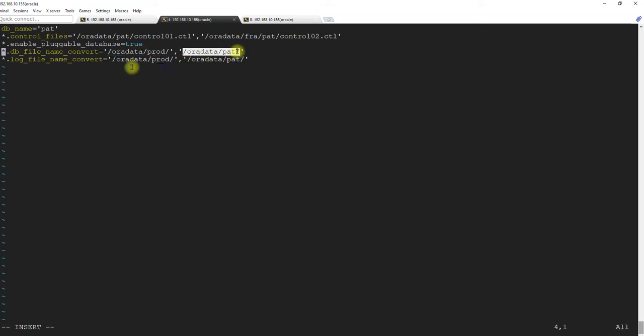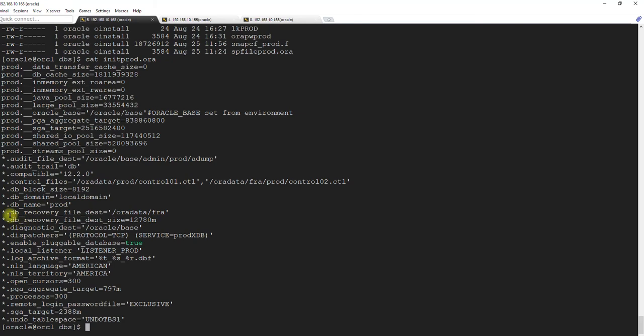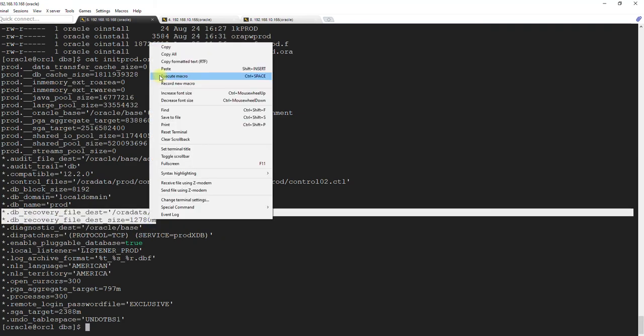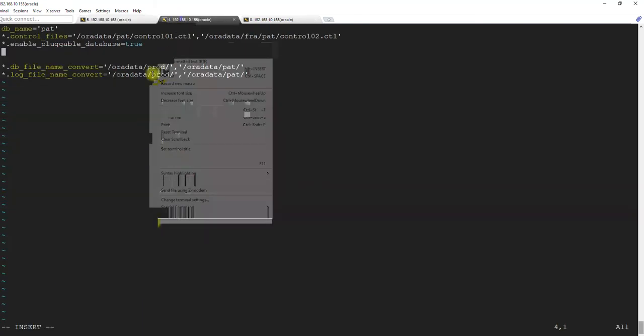Same as when you are storing the log files, redo logs, when you see this location, change it to this. So that's what it means. I will enter here and paste the location and the FRA location as well. Copy, paste it.